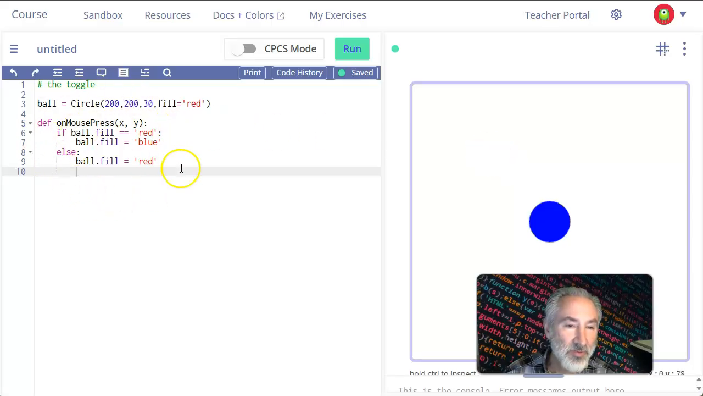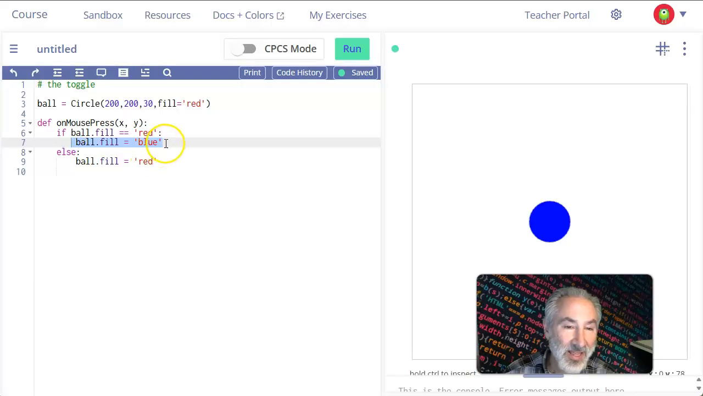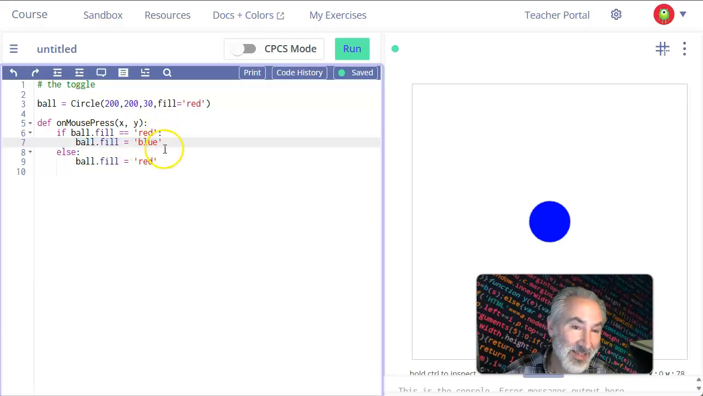This is the code for a simple toggle. The toggle takes something that is one way and changes it to another way. And in this case, if it's red, it changes it to be blue. And if it is blue, in other words, if it's not red, then it will change it back to red. That is a toggle. So anyways, you're going to see the toggle effect used in a bunch of different exercises